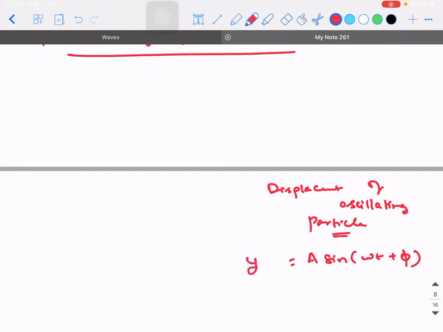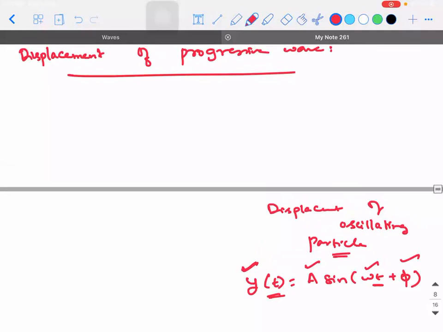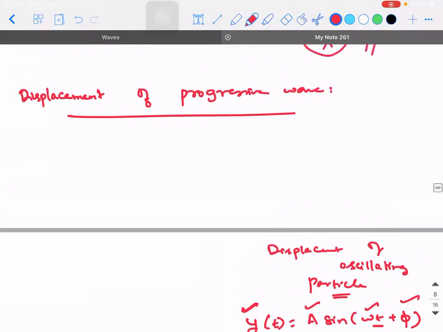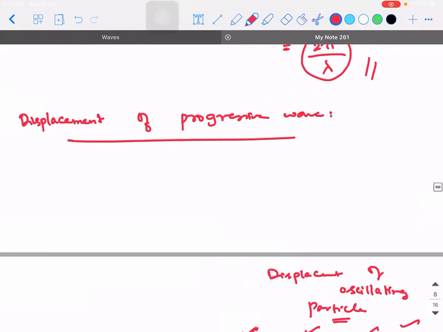So if you observe, y here is only a function of time. I hope you understand the meaning of function. Function means this displacement y is dependent on which parameter? It is dependent on only one parameter, that is time, because A is a constant for an oscillation, phi is a constant, omega is constant. So t is the only variable. So if you see an equation A sine omega t plus phi, then that equation represents an oscillating particle. Whereas for the displacement of a progressive wave, y will not only be a function of time, rather it will be a function of another displacement also.